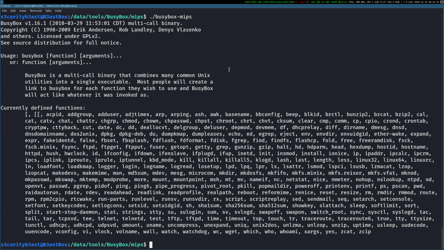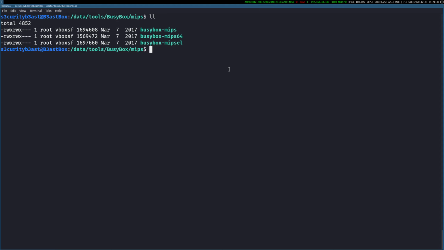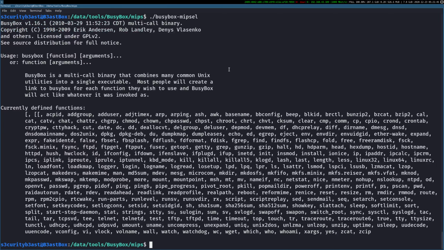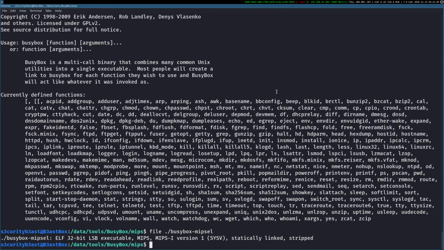Earlier we had to take a QEMU binary in a centralized location and then run it. Now we don't need to run anything, we don't need that QEMU binary. We can directly emulate binaries like busybox MIPS el, which is MIPS little endian. If you check the file command for this, it's a 32-bit LSB executable, MIPS version 1.